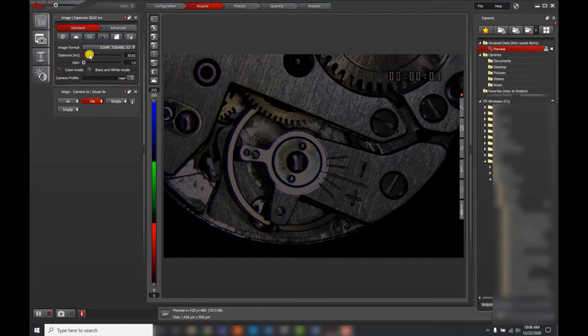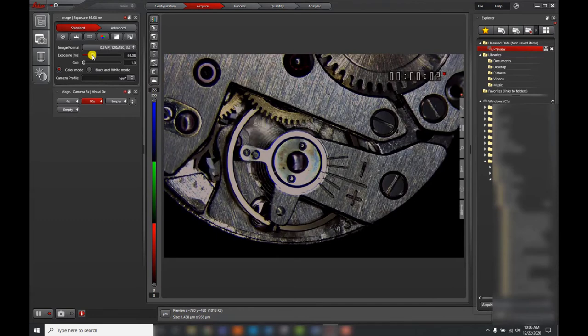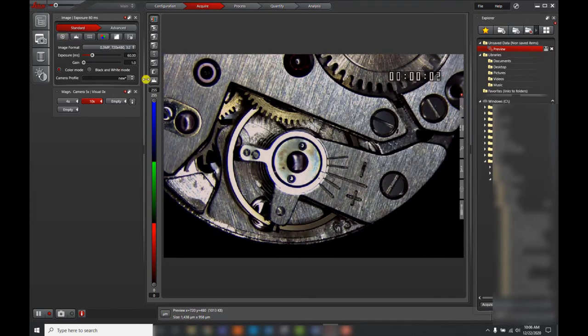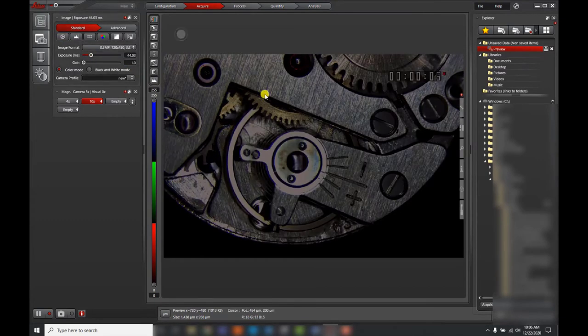First, adjust the exposure slider to the desired brightness. If you prefer, you can also select the auto exposure and adjust the brightness to the desired level. Now, do a white balance. To do so, press the right mouse button and drag a rectangle over a region of your sample that you